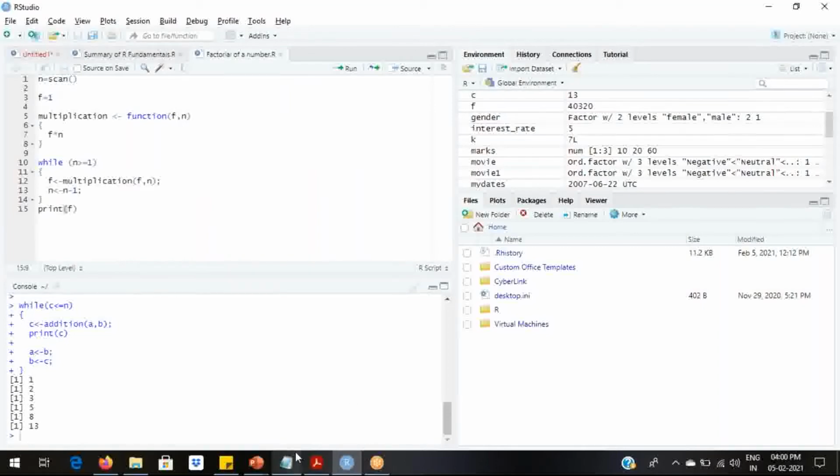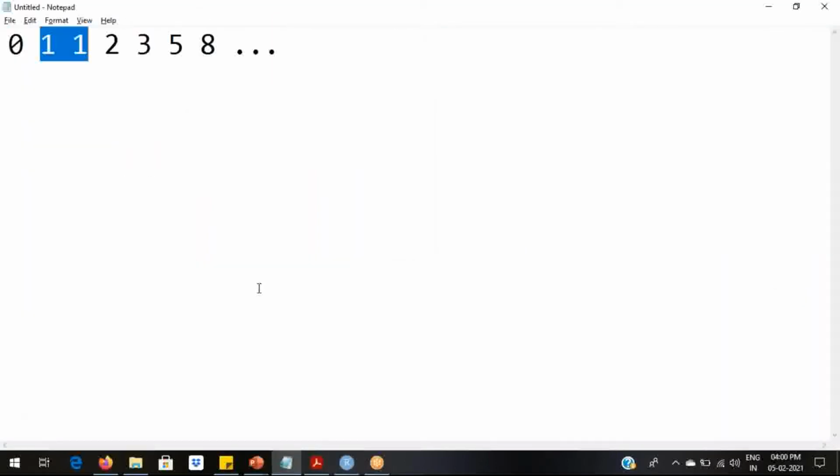So let me first tell you what is factorial of a number. Let's take 5 factorial as an example. So factorial means the given number will be multiplied by a value less than it until the value becomes 1.